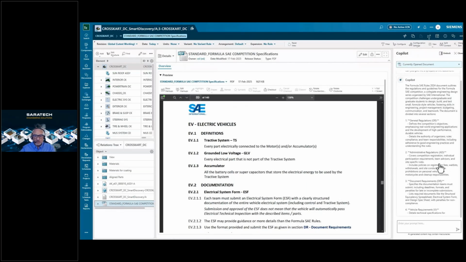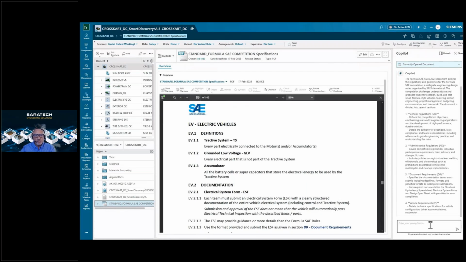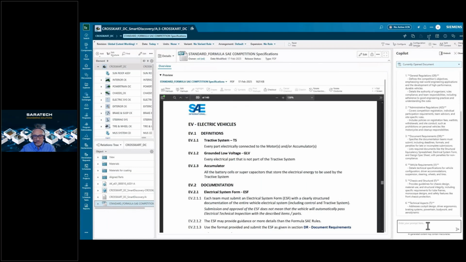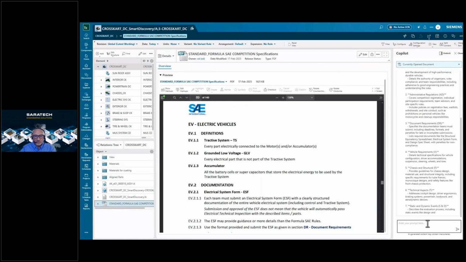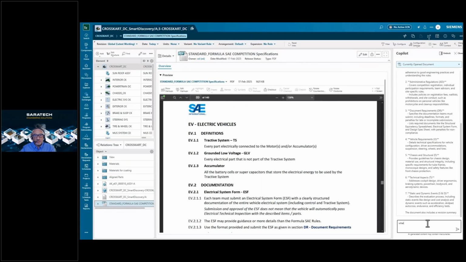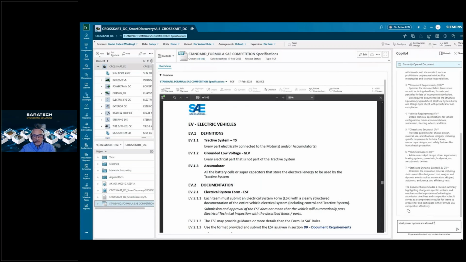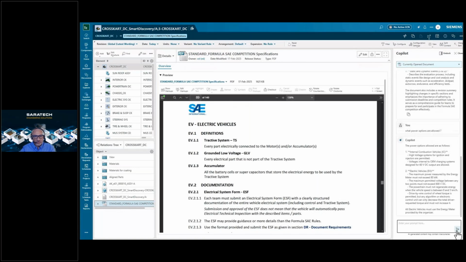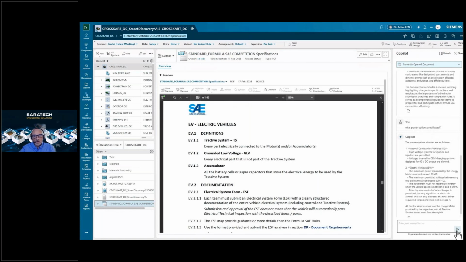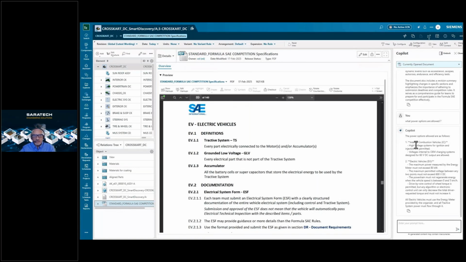We now can focus the Copilot on the currently open document. Again, the document can be hundreds of pages, but it goes in there and summarizes the document. And then you can ask it to delve deeper into the document with more detailed questions. So mainly in natural language, you type a question and it goes through a large amount of data and tries to get you the information.